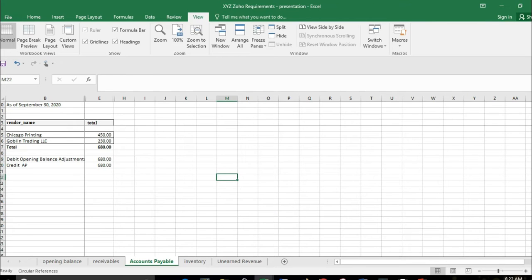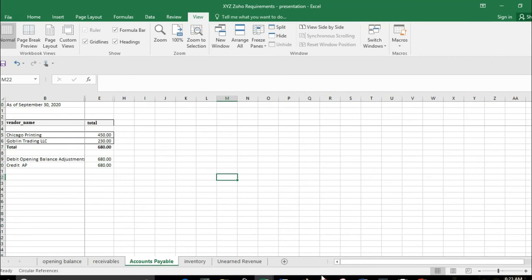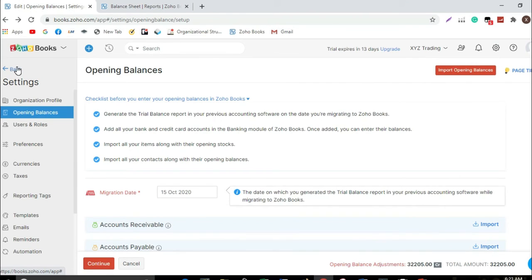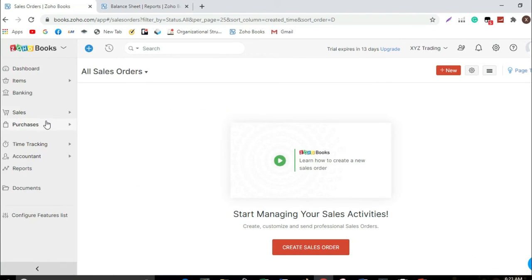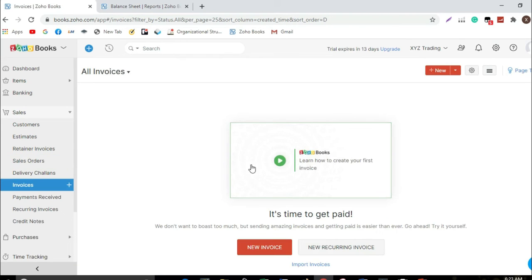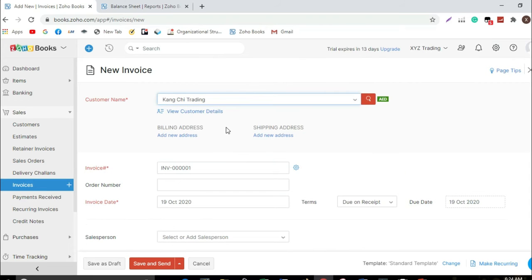So we must prepare a supporting schedule for this, so that this opening balance adjustment will be closed. Why? Because it's just a temporary account. Later, if we post a supporting schedule for accounts receivable and payable, then it will be 0, and the balance of AP and AR will reflect on our balance sheet.